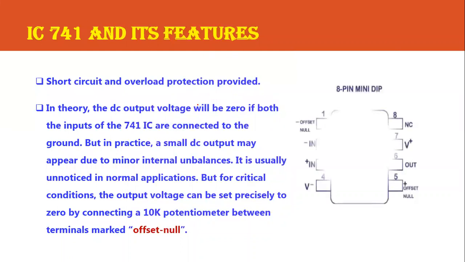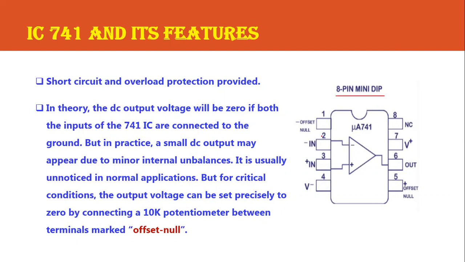We have already seen the IC741 pin diagram. Here we are going to show the pin diagram again to remind how this IC741 will appear. Here we have taken the 8-pin mini DIP package. The starting pin is represented with a dot on the top surface. From the dot you count the pins: 1, 2, 3, 4 from top to bottom on the left side, and from the right side from bottom to top, 5, 6, 7, 8.